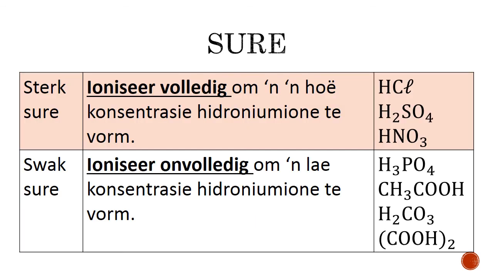Dit is ook baie belangrik dat jy kan onderskei tussen sterk en swak sure. 'n Sterk suur ioniseer volledig om 'n hoë konsentrasie hidronium-ione te vorm. Byvoorbeeld soutsuur, swaalsuur ensovoorts. Swak sure ioniseer onvolledig om 'n lae konsentrasie hidronium-ione te vorm. Byvoorbeeld oksaalsuur, karbonaatsuur, asynsuur en